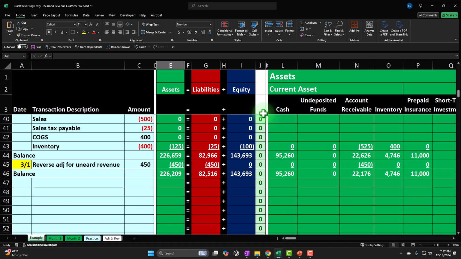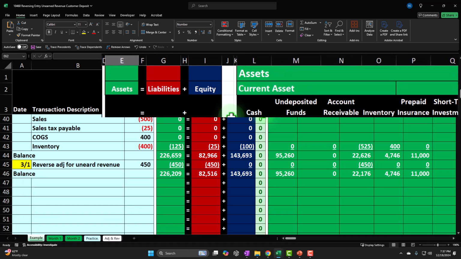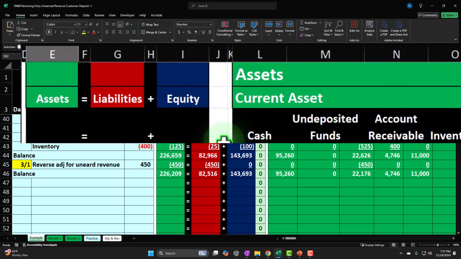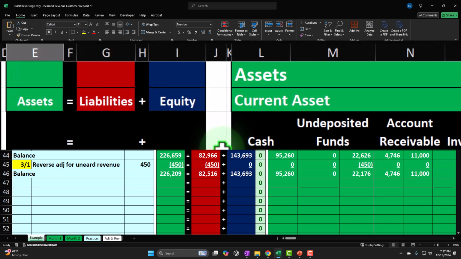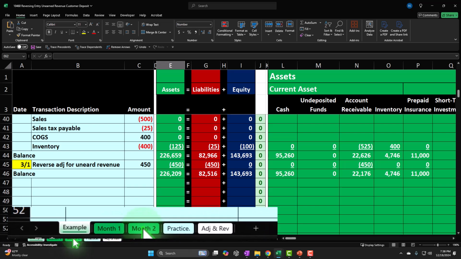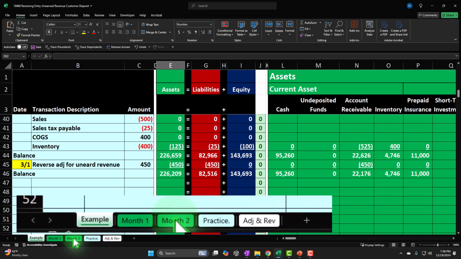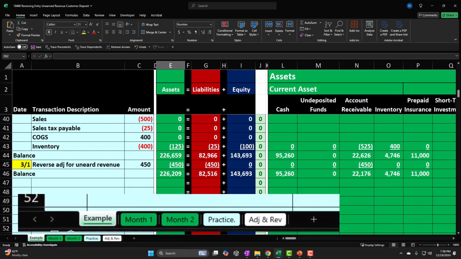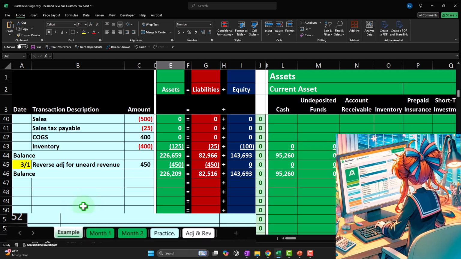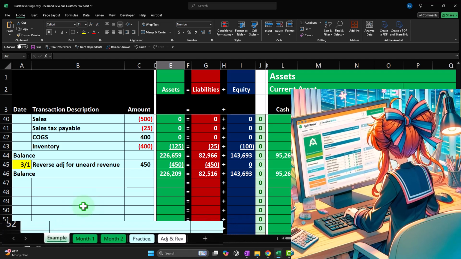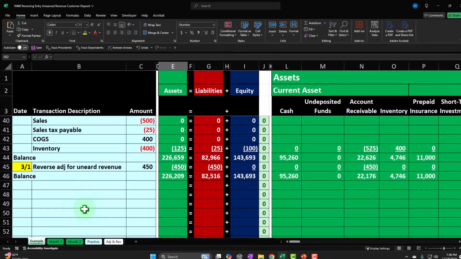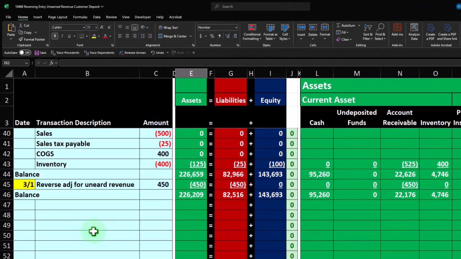Remember, we're basically building our bookkeeping system using the accounting equation as, in essence, our trial balance from which we will and have constructed our major financial statement reports: balance sheet, income statement, statement of equity. So thus far, we've entered 1 month of data input, closed it out, second month of data input, then created our adjusting entry worksheet, and now we're working on the reversing entries part of our adjusting entries worksheet, noting that we want to keep separate in our mind the bookkeeping or accounting process and the adjusting process, even if we're the same person doing the same process, although often that is not the case because often the external CPA firm,